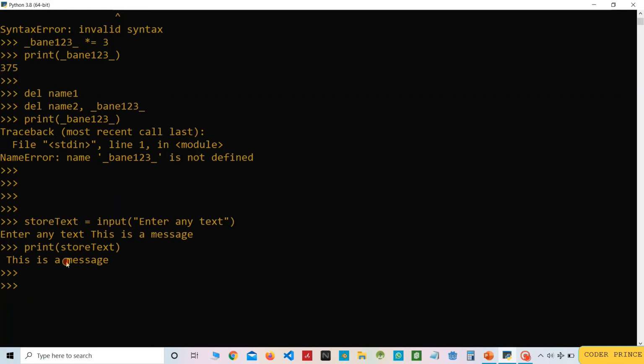I will use one more example: num equal to input, enter any number, and backslash n will give a new line so that it is more readable. Since I want an integer from the user, I will convert this to an integer type.